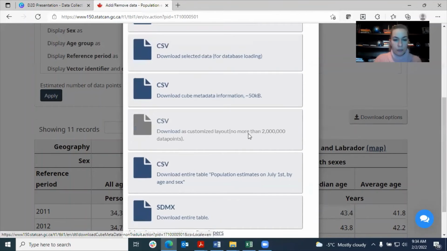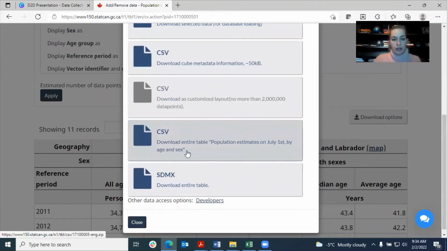And if you scroll down to the bottom here, there's an option that says download entire table. And this will download all of the data in this entire data set. The data for all geographies, all sexes, all age groups. The entire thing will download into a zip folder,